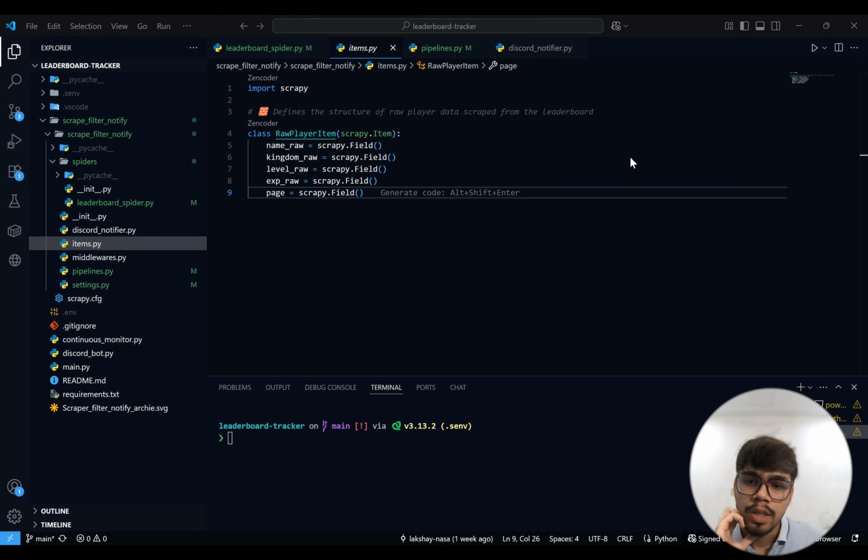This defines the shape of the raw data we want to capture, and these are the structured containers that hold the scraped data. Right now they will be unprocessed. We will use the pipelines.py file, and the data will be processed based on certain filters which will be set, like the experience of the players or the pages we want the data from. So we will do that. Before you do that,